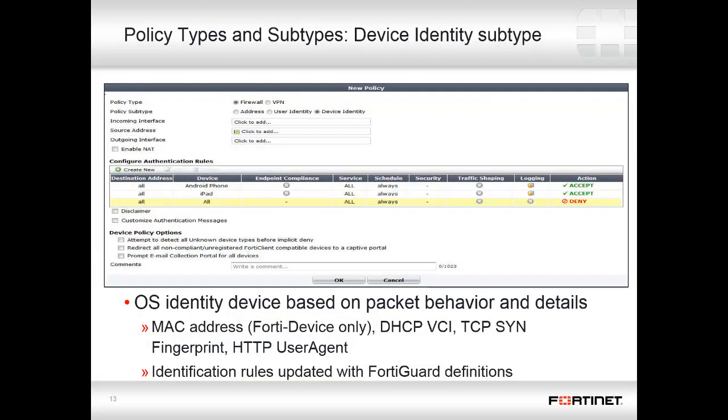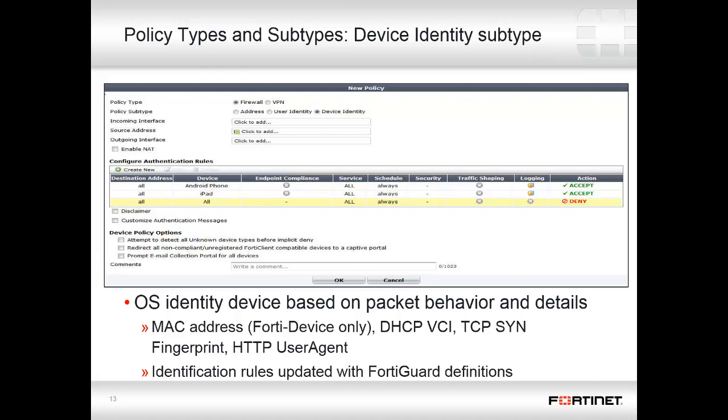A device identity policy looks similar to a user identity policy in a lot of ways. Within the policy itself, you set up the allowed destination addresses and inspection options for various types of devices. The way it works is the FortiGate identifies devices based on the packet behavior they exhibit. It looks at MAC address ranges, but only for Fortinet devices,